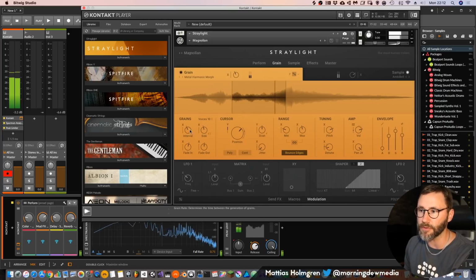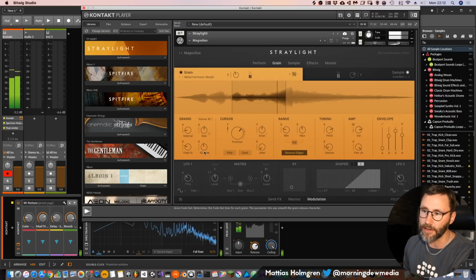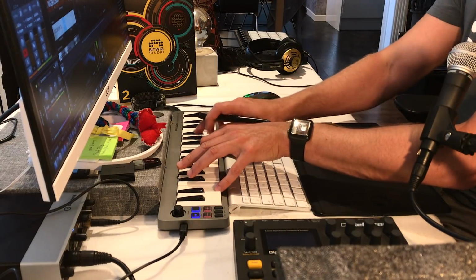And here we have the amount. So let's set it to faster interval and more size, and decrease the fade in, so we have more snappy grains, and release the fade out.